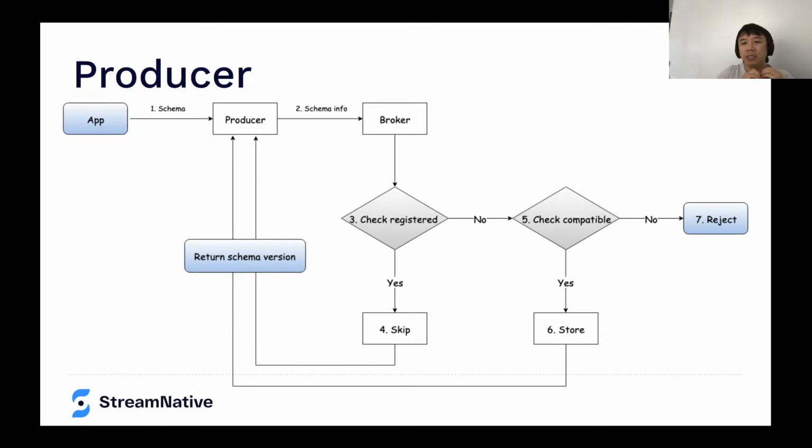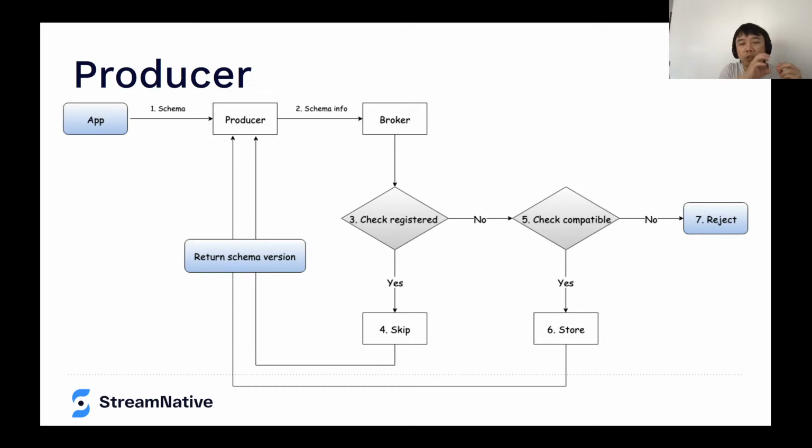So once you connect, you just need to verify the schema once. Once the schema is verified, the producer will get a schema version, and it can continue to use this schema version for producing the messages. And on the producer side, since you already have the type information and also the schema,